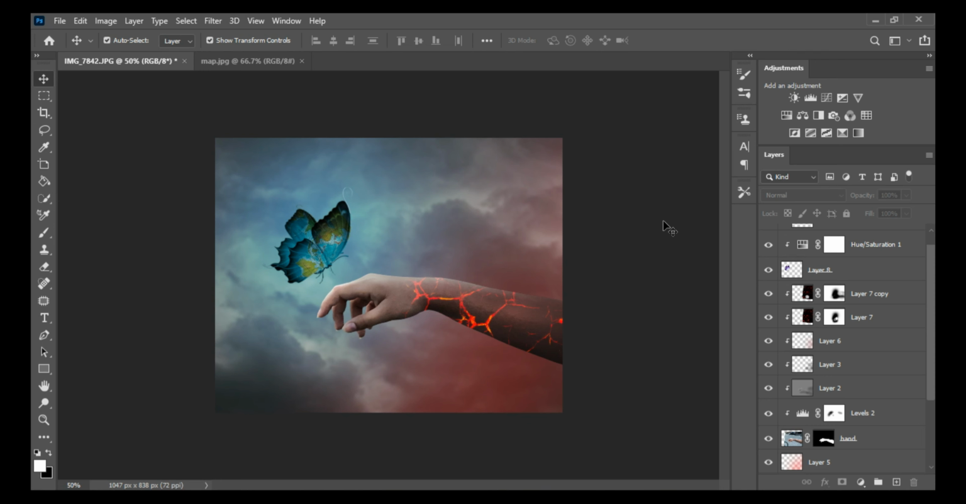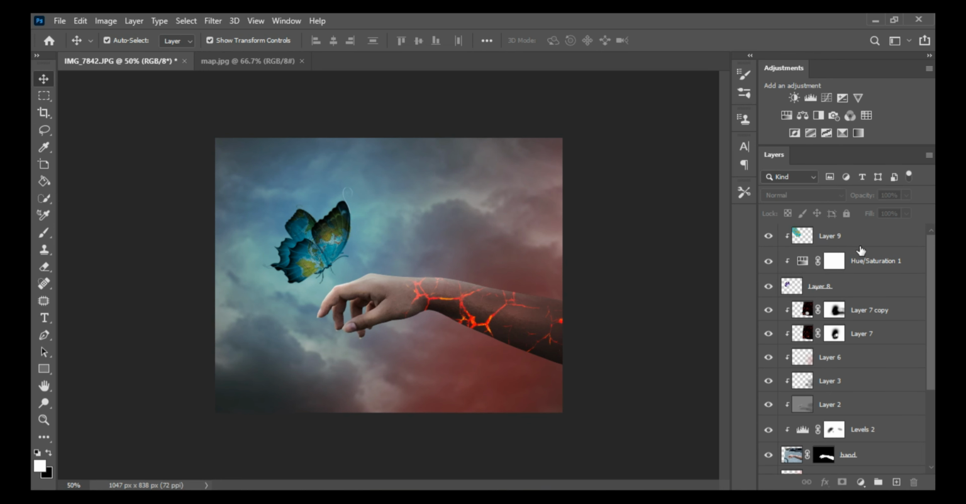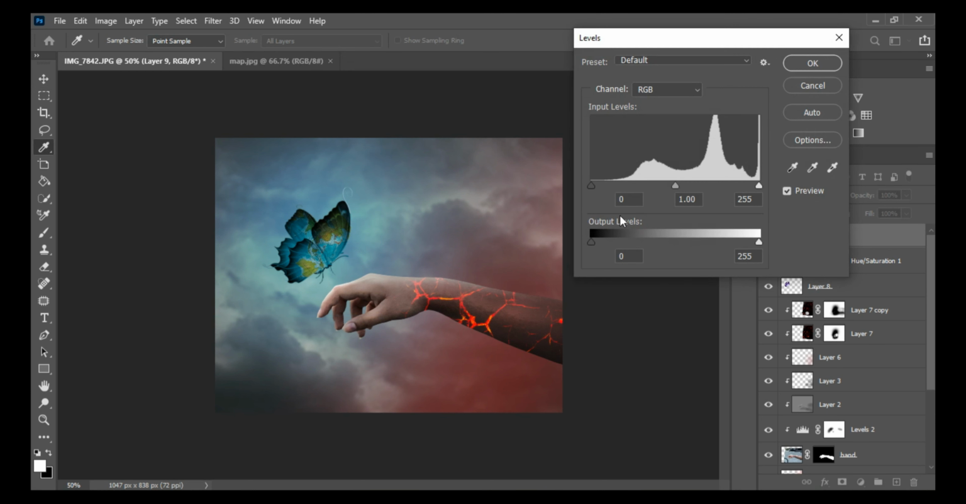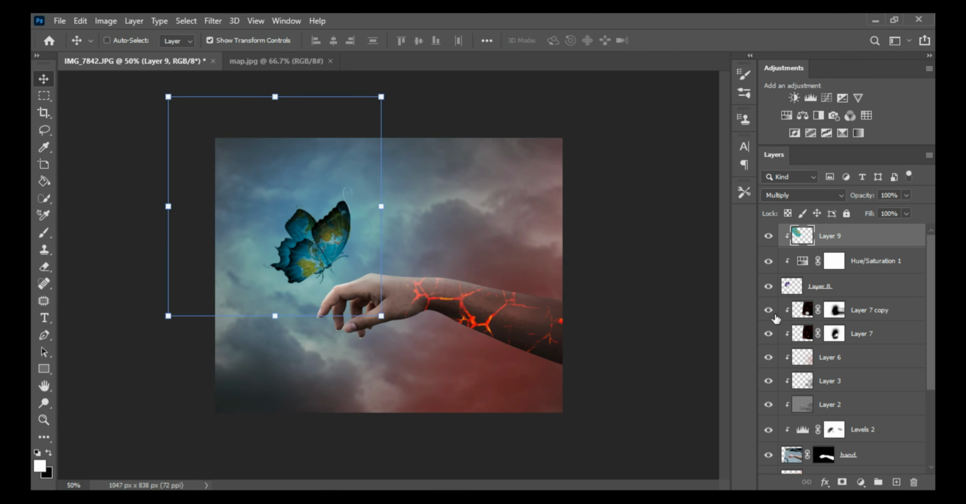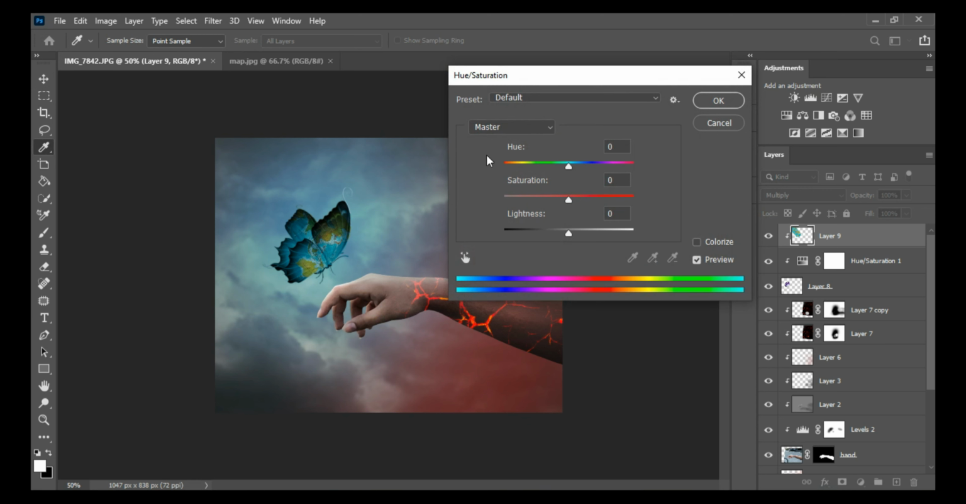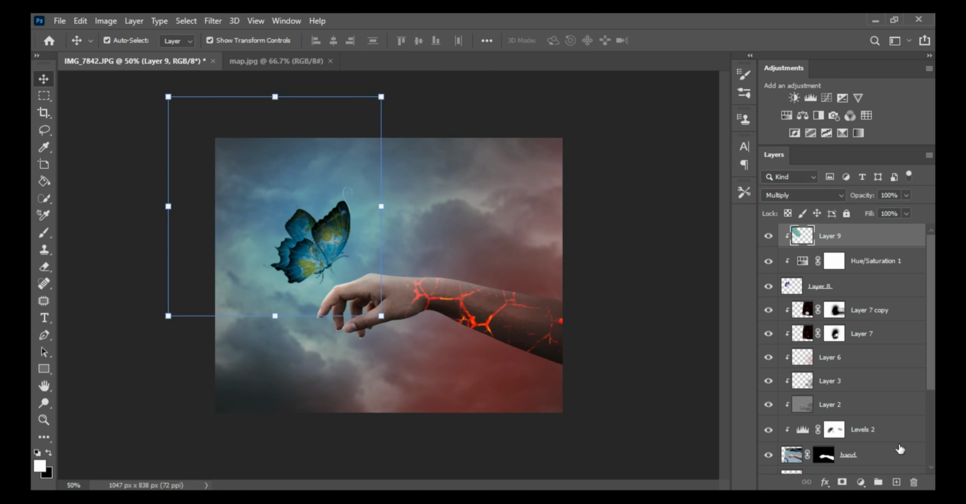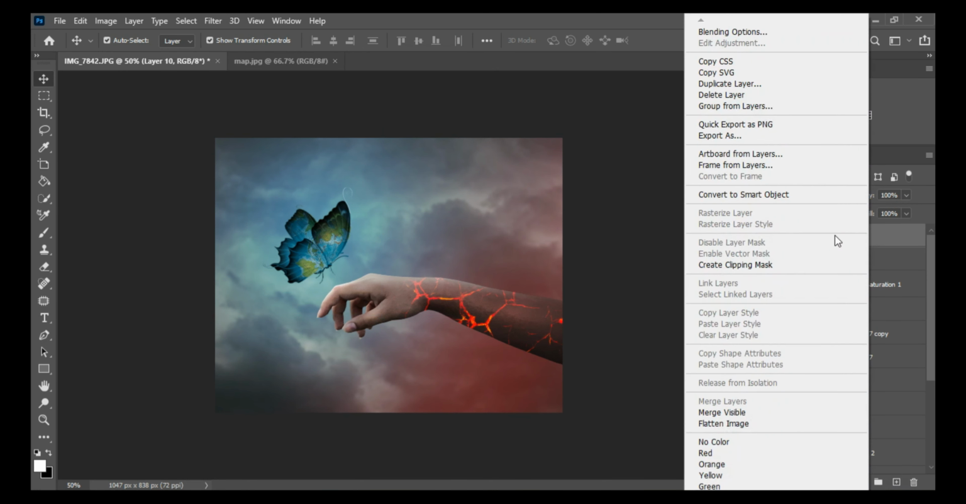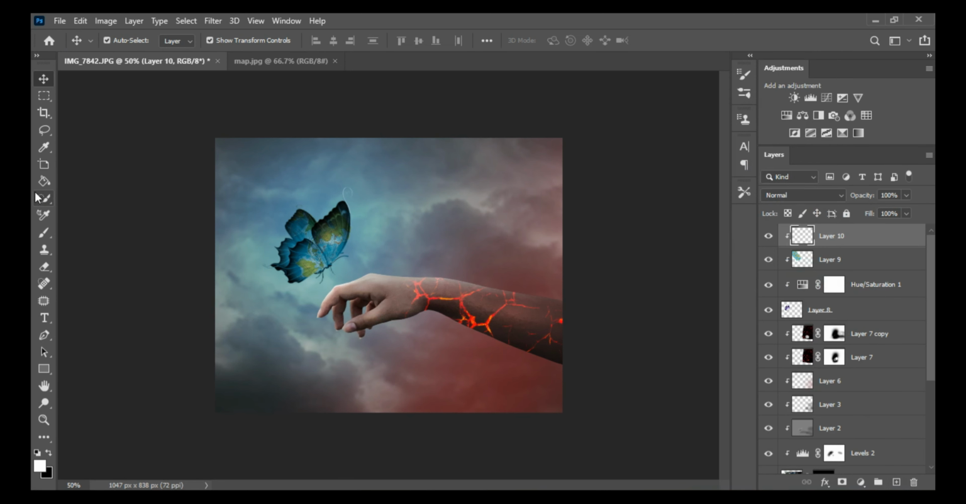Then click on Ctrl plus L for levels, select this layer first, Ctrl plus L, do this to 0.96, then click on OK. Then click on Ctrl plus U for hue and saturation, do it to around +6 and the lightness to +15 or 14. Then click on OK. Put a new layer, create a clipping mask, select the brush tool, click on Alt, select